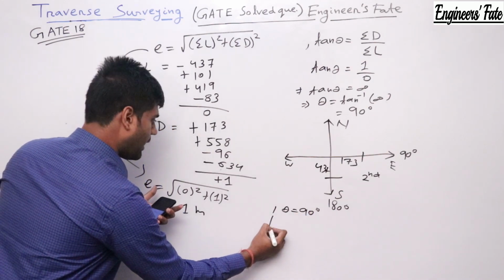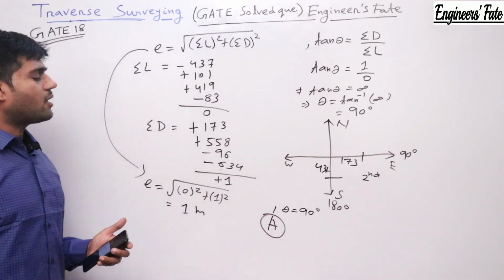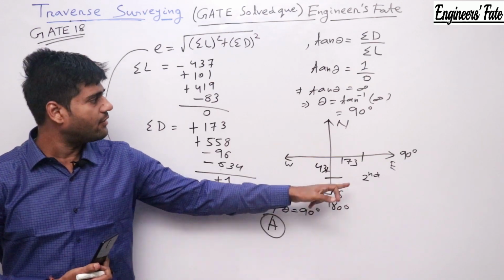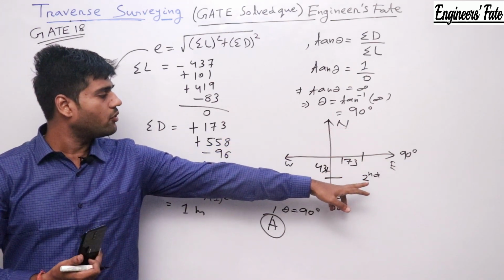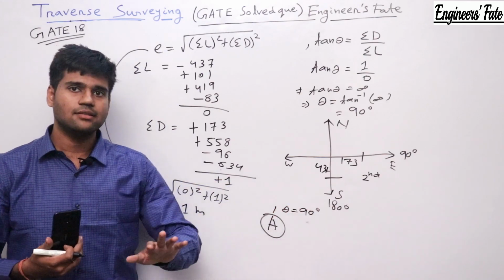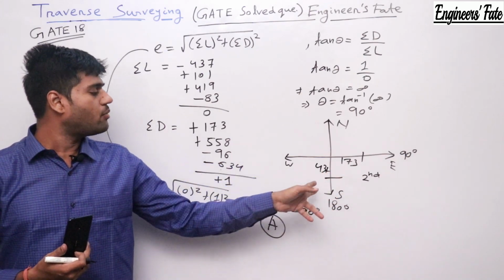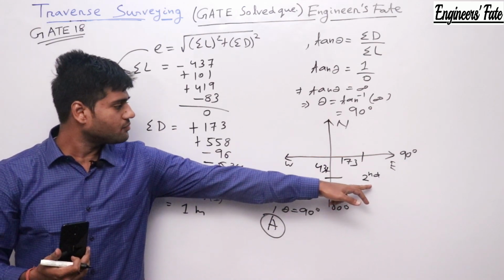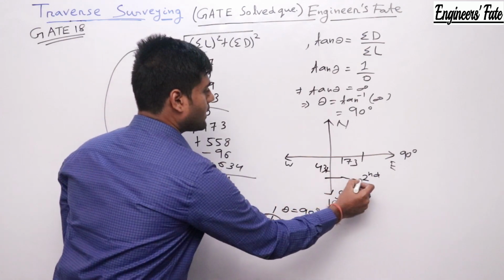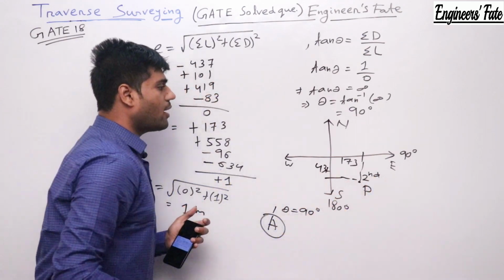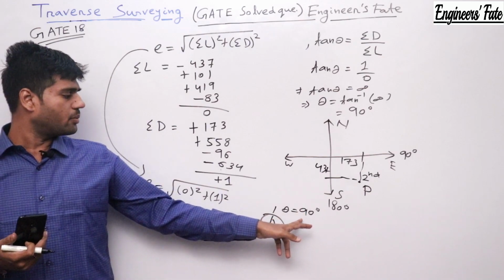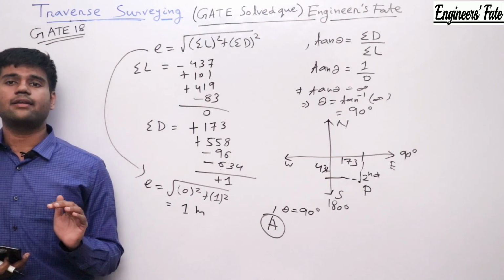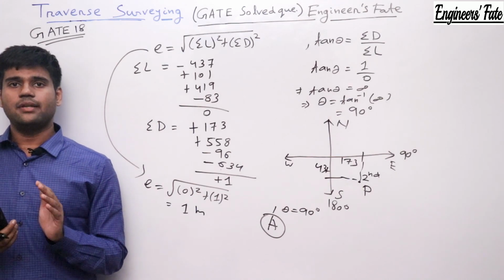So option A is correct, because the second quadrant starts from 90 degree to 180 degree, and I am having my theta value at 90 degree. In between 90 degree and 180 degree there are no values, and above 180 degree, that is 270, is wrong, because I am having my coordinate of point P in the second quadrant only. So that's why the theta value should be 90 and the error value is 1. So option A is correct. I hope you understood this thing. Please note it down.